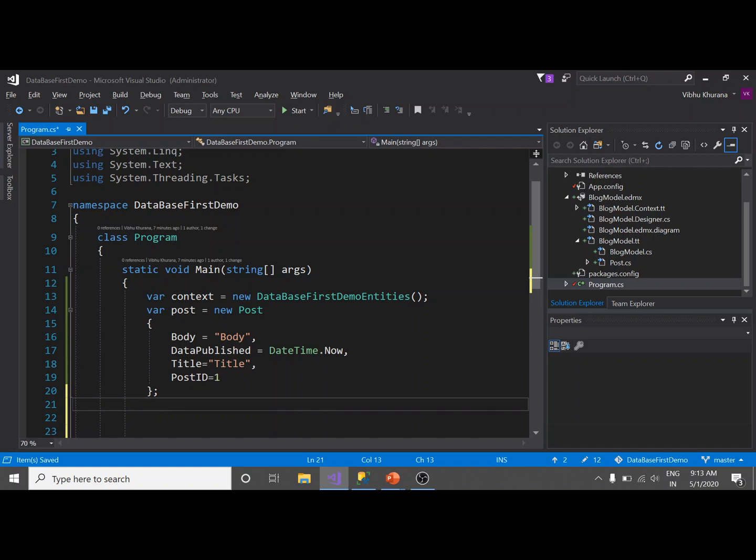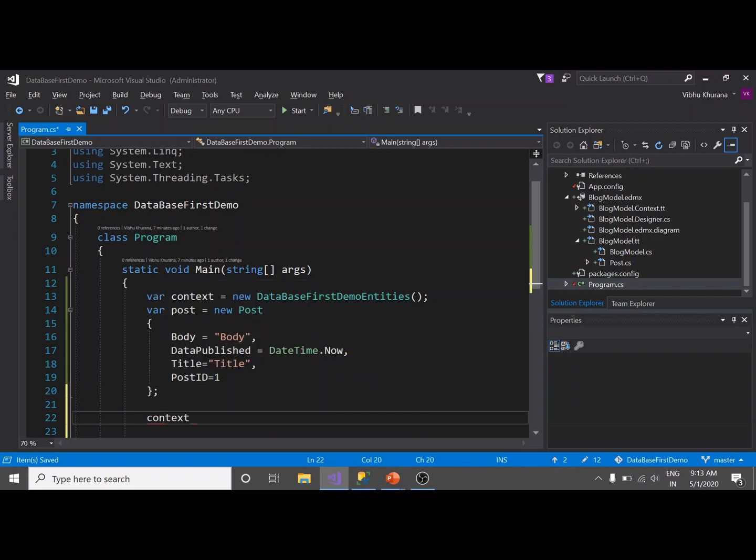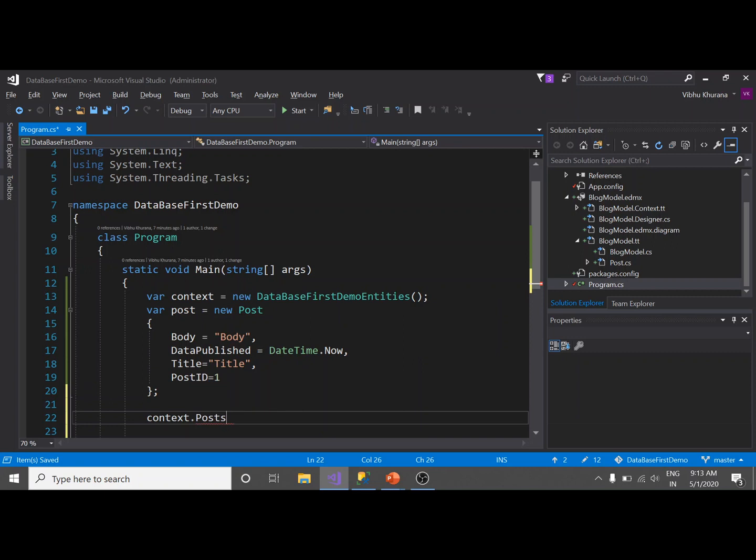Now finally, I am going to add this post to our DB set and save the changes. Context dot posts dot add, the object that we have created.